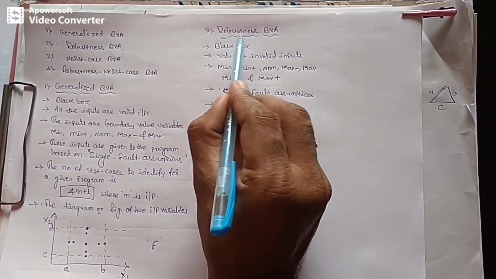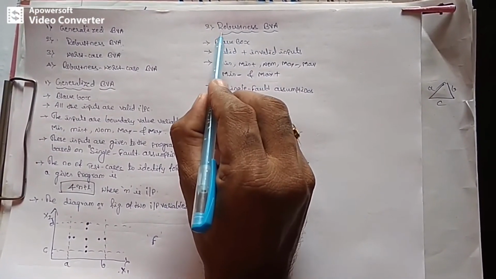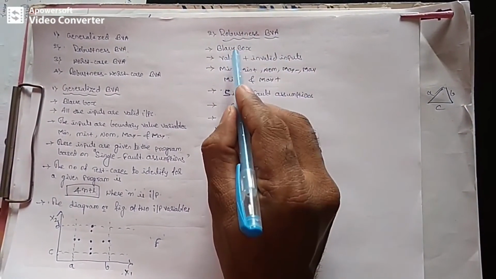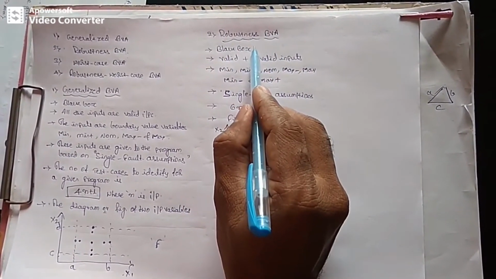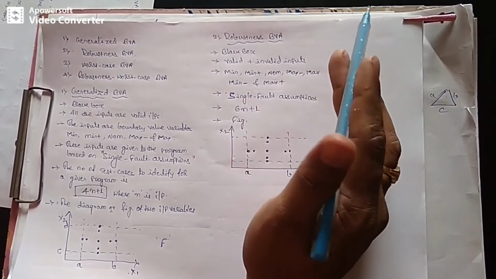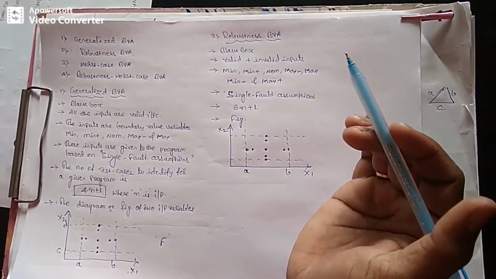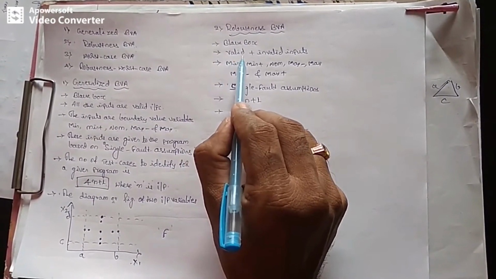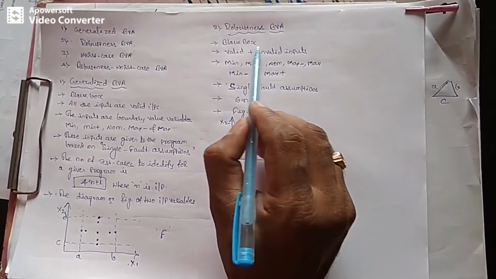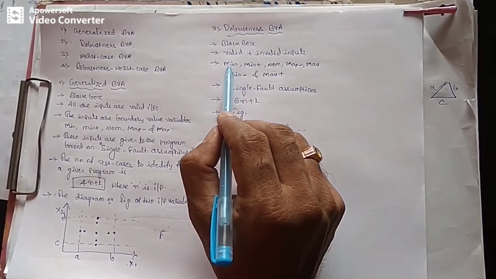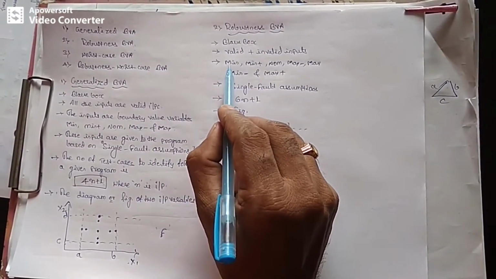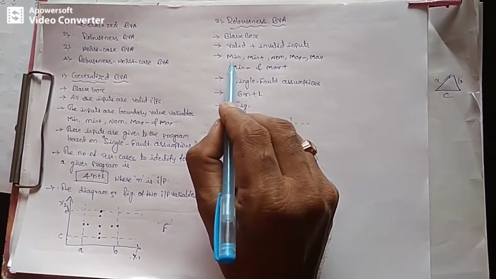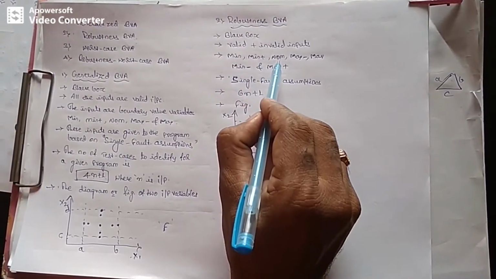So robust indicates invalid inputs. Please remember, robustness is nothing but invalid input variables. The robustness boundary value analysis method is also one of the black box testing techniques, or we can also call it a functional testing technique. Here we are giving inputs, both valid inputs as well as invalid inputs. These are the valid input boundary value variables: minimum plus, nominal, max